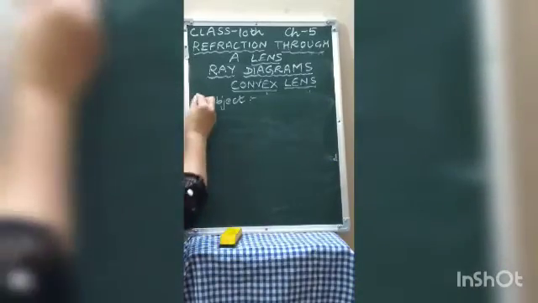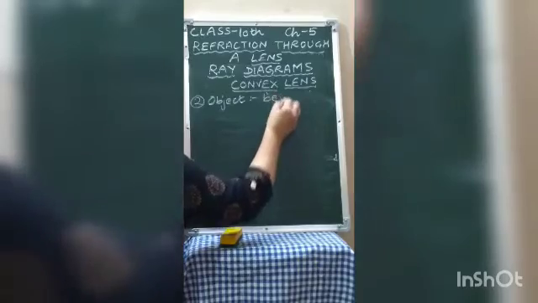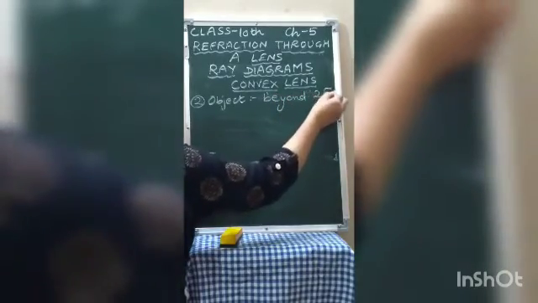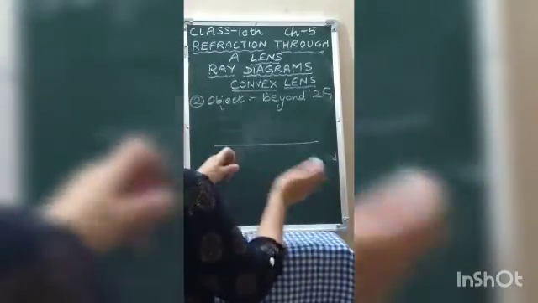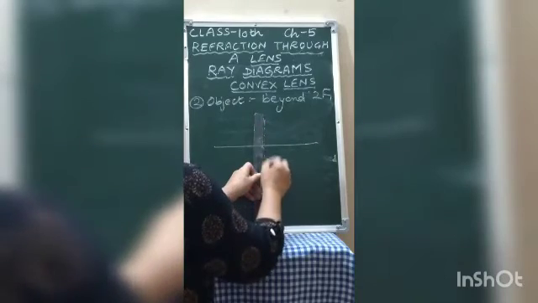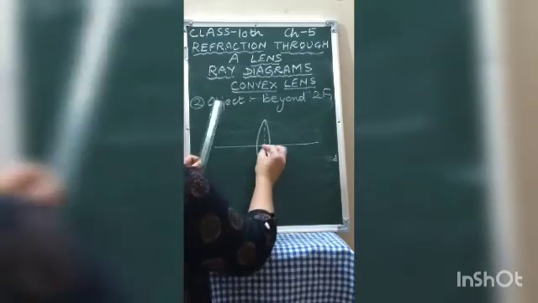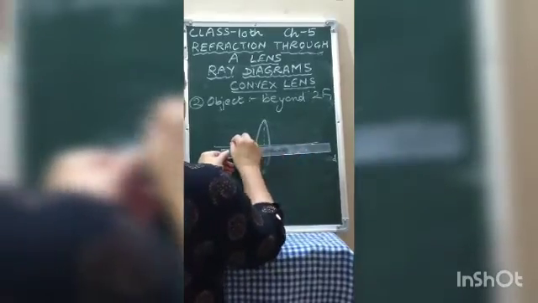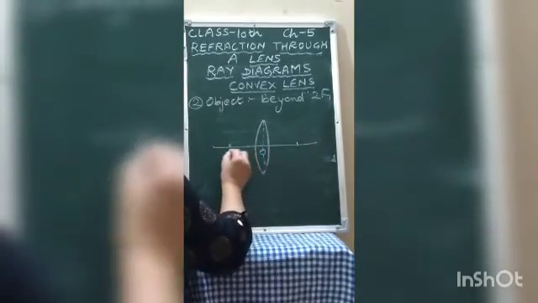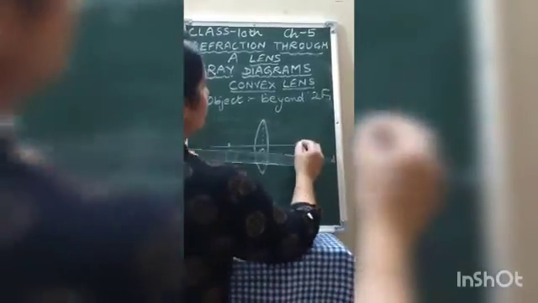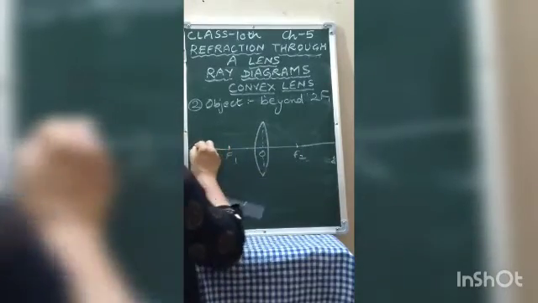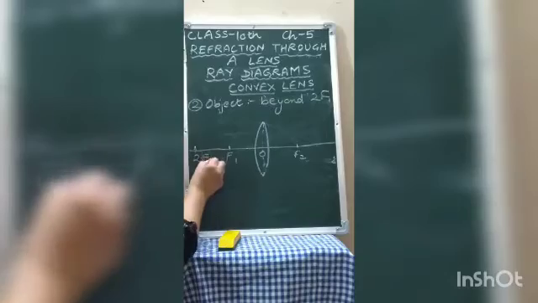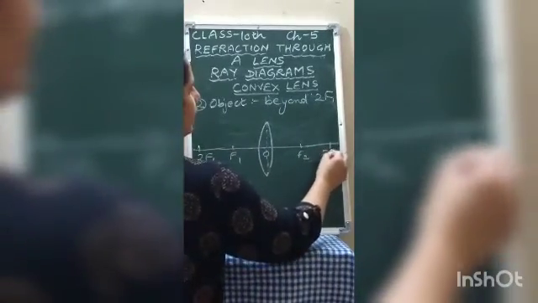Now children, the next case, number 2. Suppose the object is beyond 2F1. Same way, principal axis, lens, optic center, same distance, you have the focus, F1, F2, and similarly now you need 2F1, 2F2. Double of F1, 2F1, and double of F2, 2F2.